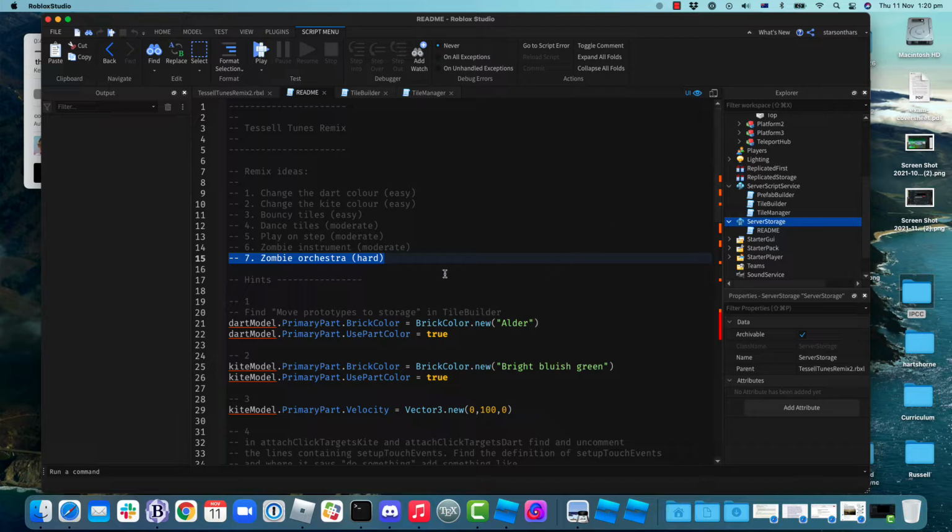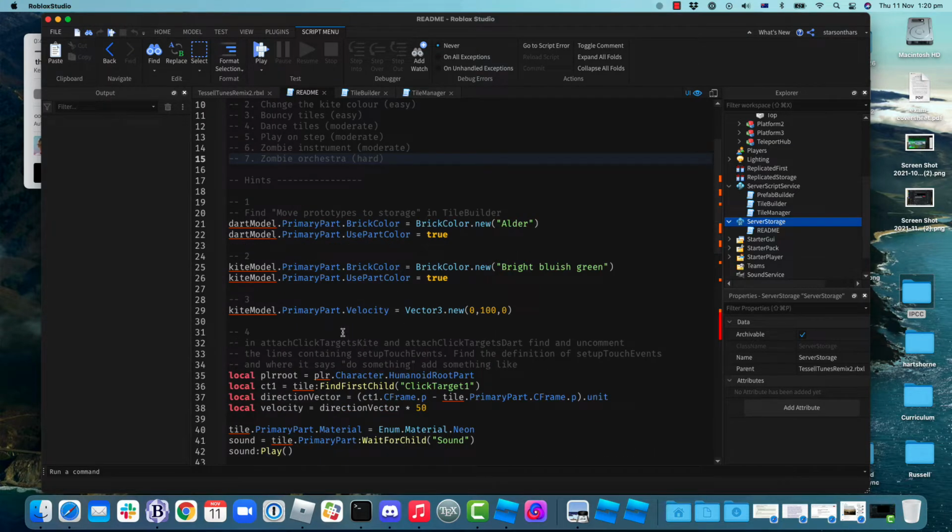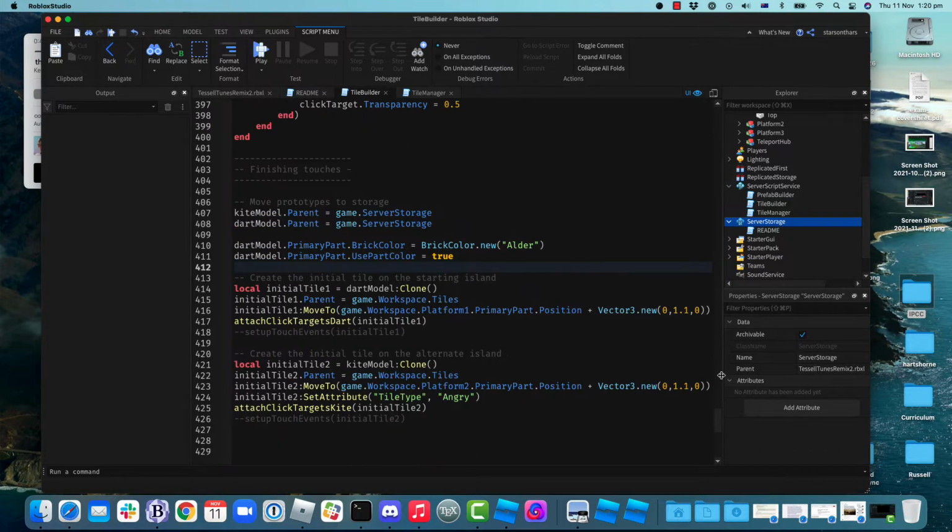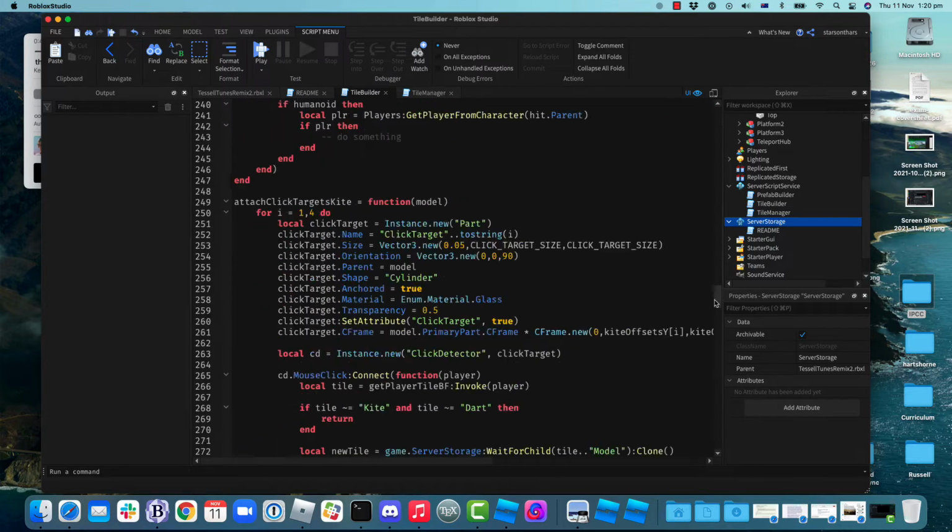Could you explain the Bouncy Tiles one? Because you're setting the velocity of the model itself. Does that mean the tile moves? Yeah, that's right. So it would move if it wasn't anchored. Right. Okay, so when these tiles are created,